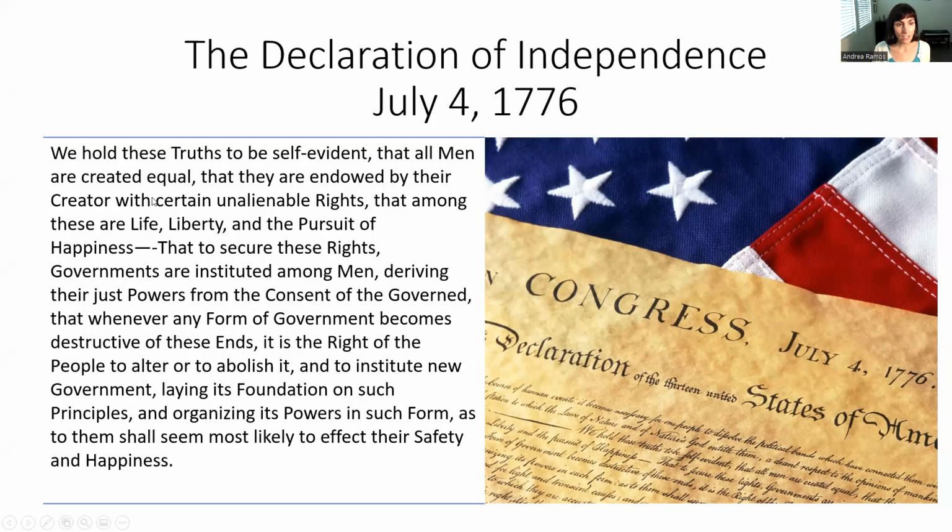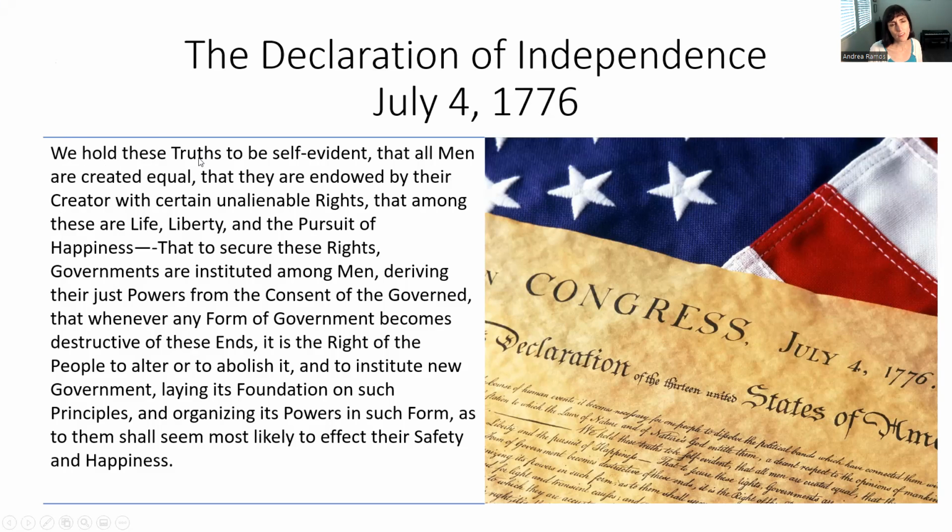Now, this is a pretty complicated document in terms of the level of vocabulary that Thomas Jefferson had. He had a very scholarly, sophisticated vocabulary, but the ideas are very basic, and I think you'll understand them as we discuss them. So first, I just want to read this, and then I want to break down some of the key terms so that we can understand the concepts of the Declaration of Independence. Follow along with me, please.